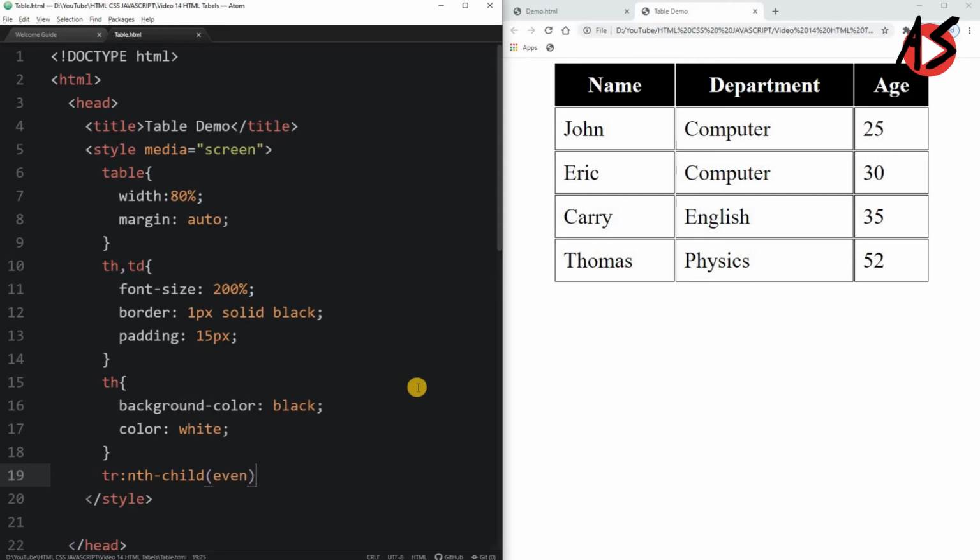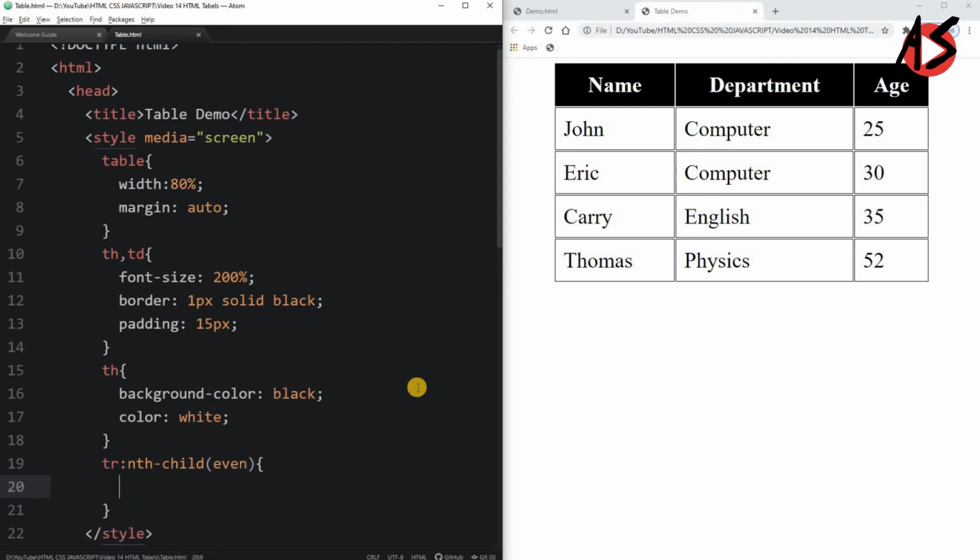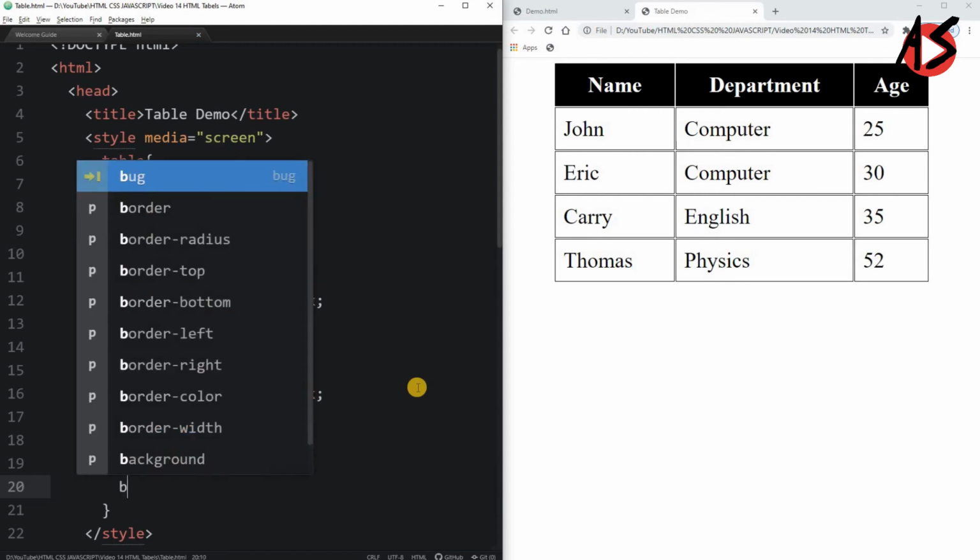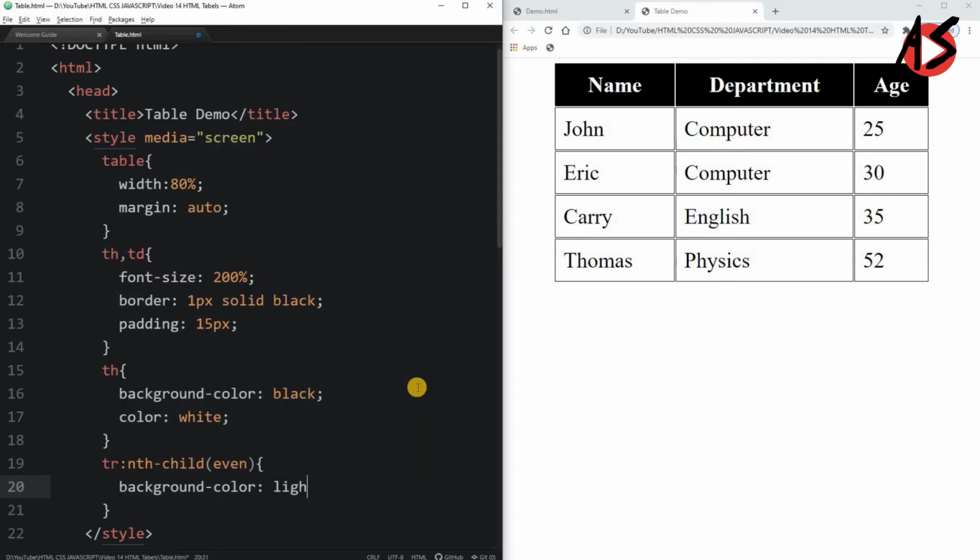So for the even child we will take the background color light green and refresh the page. You are getting all even rows having light green color.